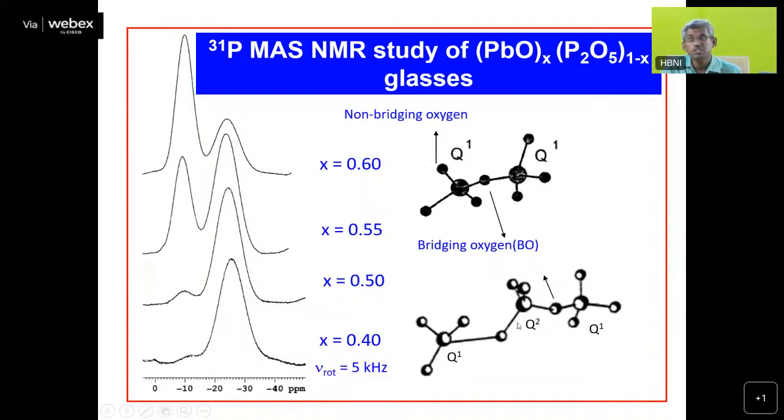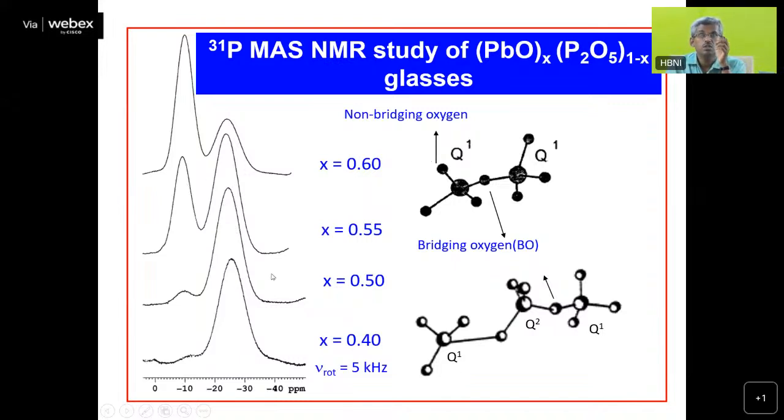Whereas a metaphosphate structural unit is having what? We have Q2 and two Q1 structural units. So in a glass network, whether it consists of metaphosphate structural units or pyrophosphate structural units can be very well determined by recording the P31 NMR. This is a typical example which one can easily interpret. You can see a peak here. You see a peak here. This is nothing but the Q1 structural unit of phosphorus, and this is nothing but the Q2